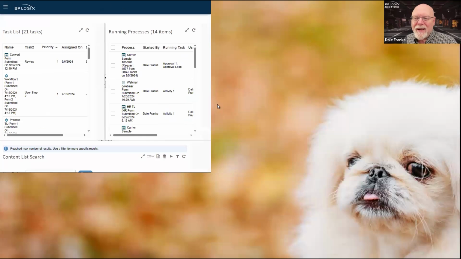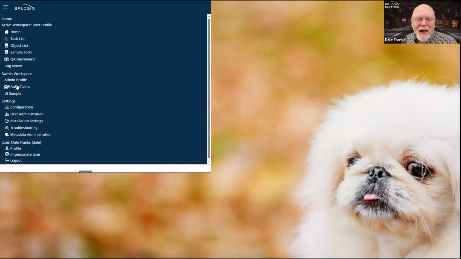Yeah, see, now I'm back into mobile mode, and I've got this long drop down now that will list all of my workspaces, and it lists all of my buttons over here, all of my navigation buttons in this sort of drop down menu.